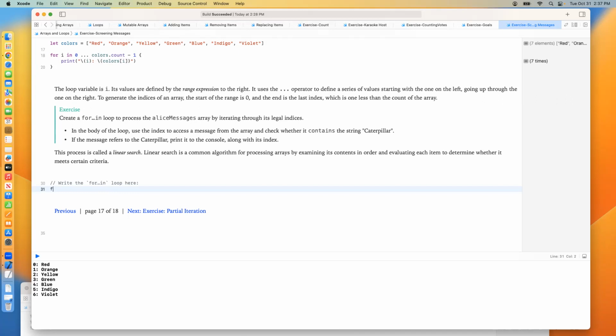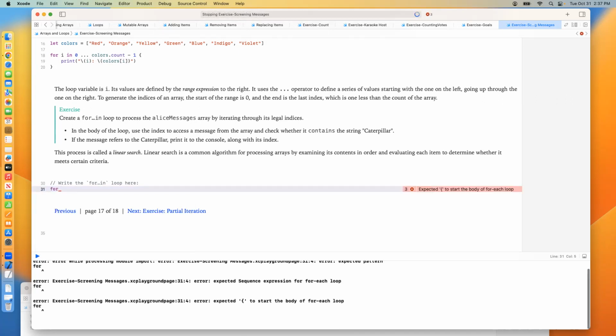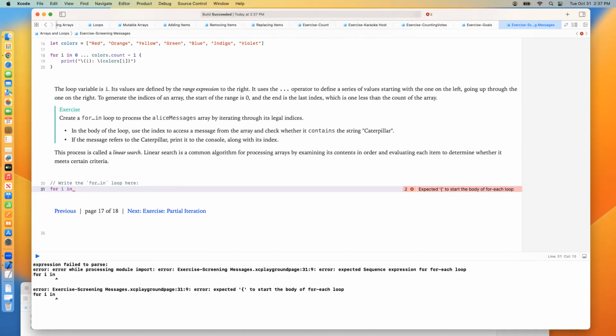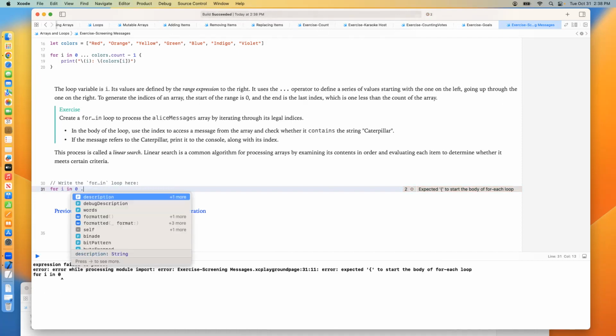And I'm going to start with my for loop, and let's see if we can get the syntax of how the loop's going to run. We are going to run the index value. So we're using i. Real common, by the way, in programming, that i is the way we refer to these complicated structures, and it comes from the word index. And mathematics uses the same thing, by the way. So we're going to say for i in, and we're going to do the range. We're going to start with 0, right at the beginning, and then we're going to